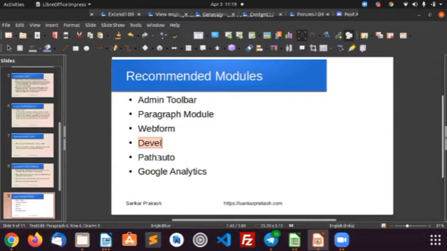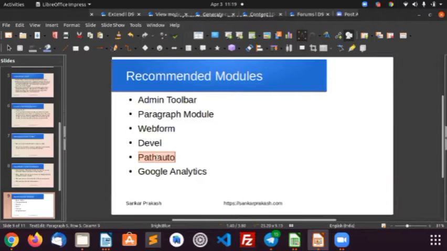Sometimes we have to use Pathauto. Pathauto is a module with which you can create path aliases. The purpose of Pathauto: without using Pathauto, Drupal node content is visited via the base URL followed by /node/ and the node number. You have to change it manually, right?